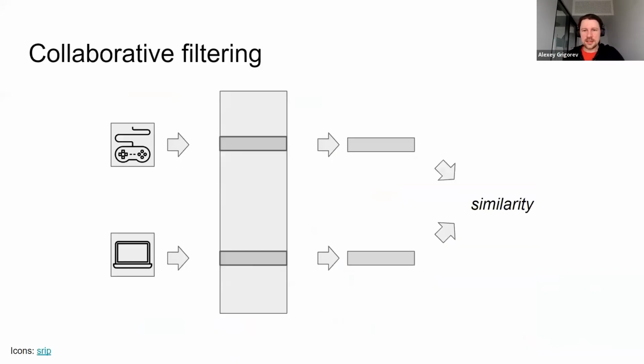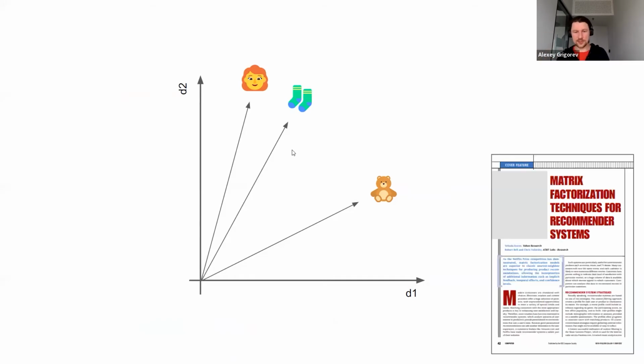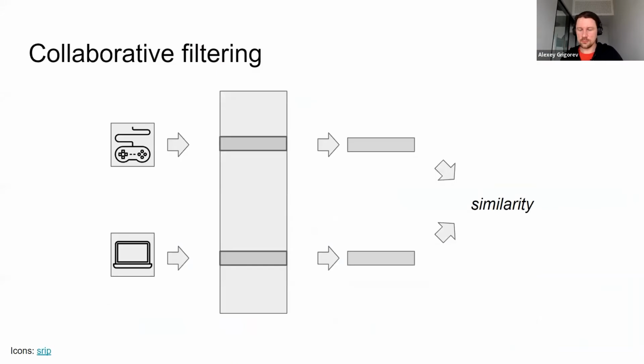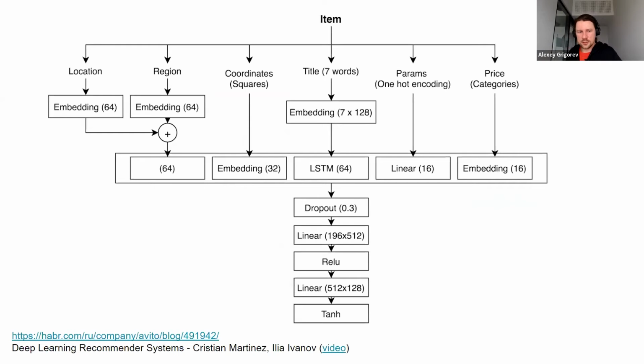The way it works is we have these vectors from the previous step. Previously we were trying to find, for this user, what are the items that are close to this user. But what if we take these socks, this item, and try to find all the other items, not teddy bears, but other socks that are close to this one, and then use this for making this recommendation. So we can use these vectors that we produced on the previous step, compute some similarity between them, and show this to the user. Or we can use a neural network, and I have a very scary slide.